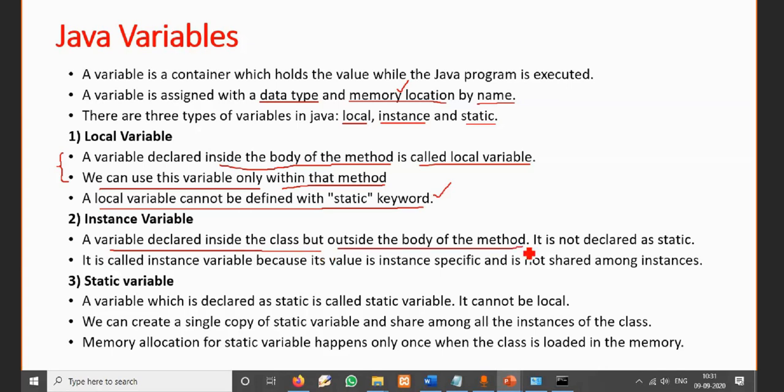It should be a normal variable, and it is called an instance variable because its value is instance specific and not shared among instances. When I create an object of that class, at that time memory will be allocated for those variables.